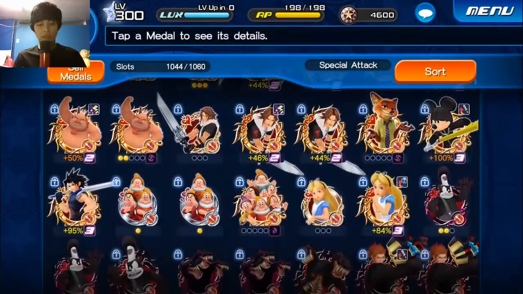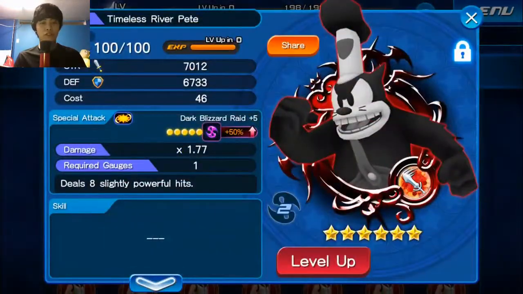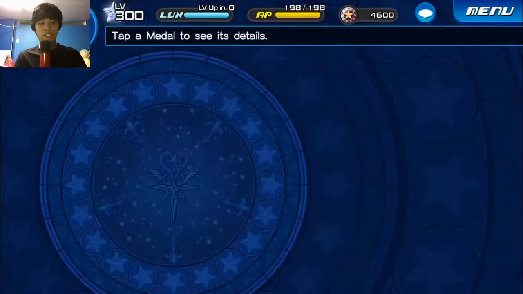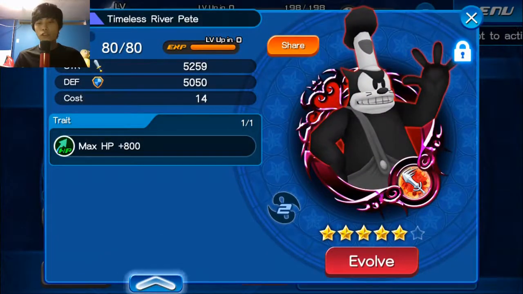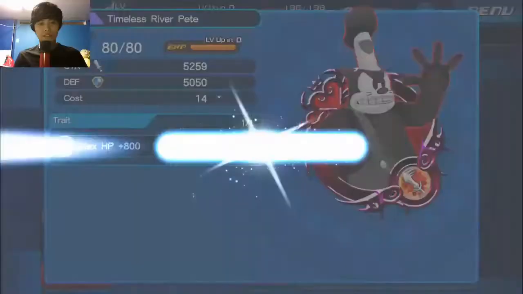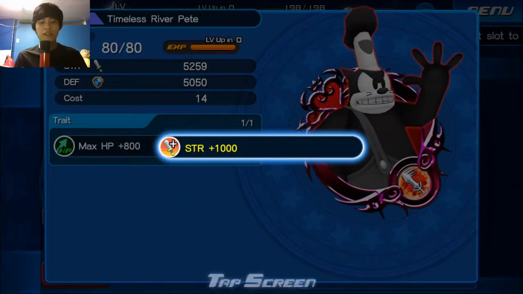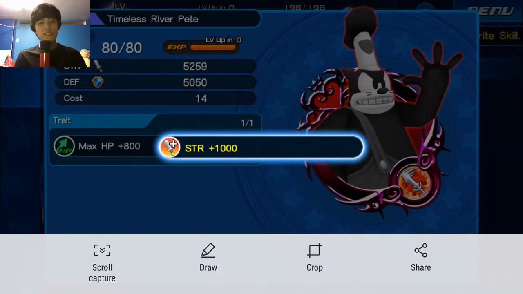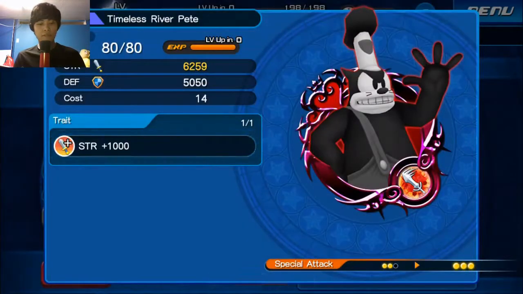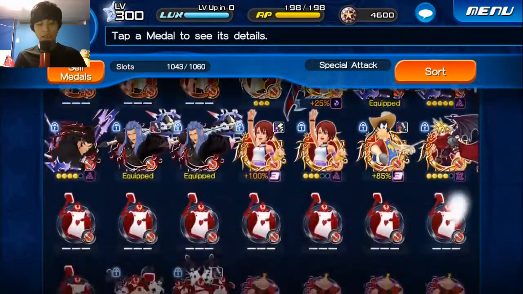Our next medal down the roster is going to be Timeless River Pete. So on our first gilted Timeless River Pete, we have aerial enemy defense minus 60. Just like with the Kingdom Hearts Cloud, we're going to see if we can get ground minus 60. So currently it has max HP plus 800. Let's see if we can change that. Alright, so for our trait roll, we got strength plus 1,000. Not what we're looking for, but as an attack medal, this is definitely better than max HP plus 800. So let's go ahead and sub that in. Alright, moving on. Our next medal is going to be...